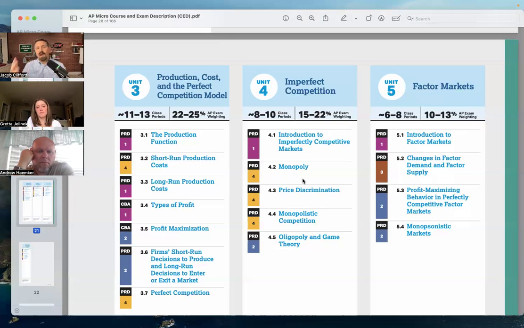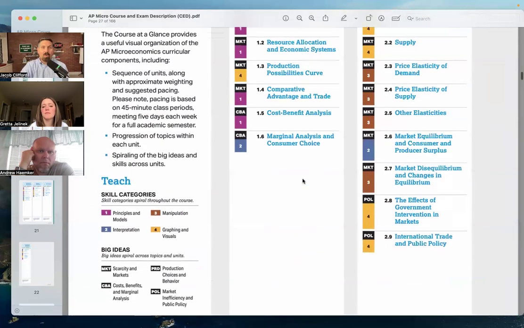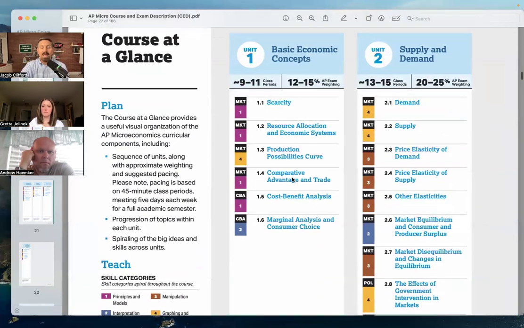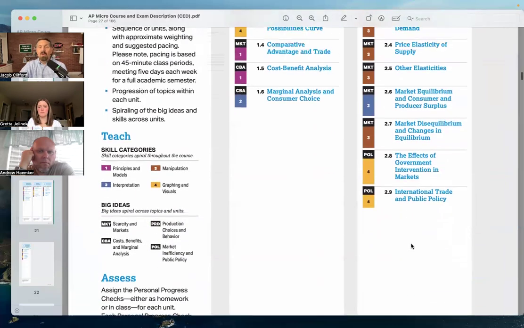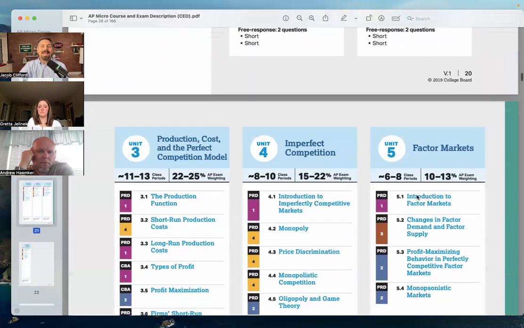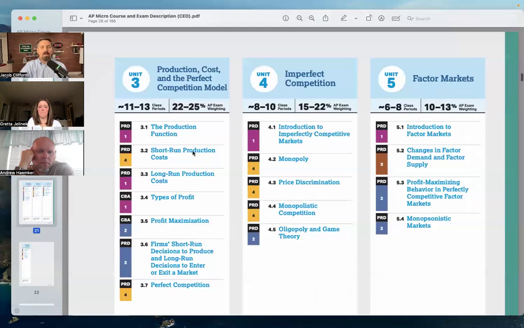But the point is, what I'm trying to show you here, I'm not sure if this is helping, but the students are introduced to one graph showing how the economy looks, what scarcity looks like. Now we're going to mess with supply and demand, the market. So in this one, instead of just a market, we're looking at one firm in the market. And then we keep doing that in unit 4, except looking at different types of markets: monopolies, monopolistic competition, and a price discriminating monopoly. And then we're taking supply and demand over again, except here in unit 5,